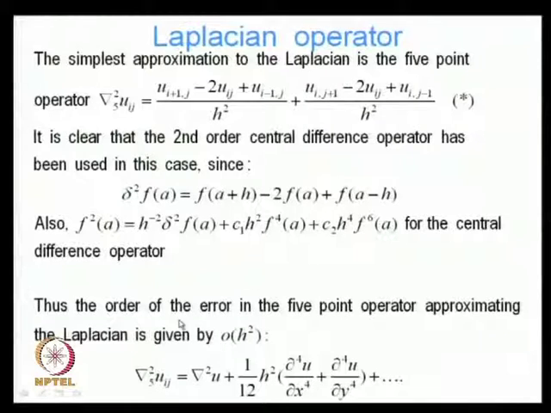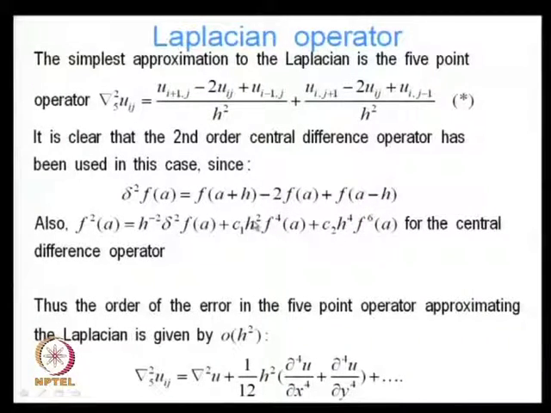Thus, the error in the 5-point operator approximating the Laplacian is of order h square, and therefore, we can write del 2 5 u(i, j) is equal to the Laplacian operator plus this error term,